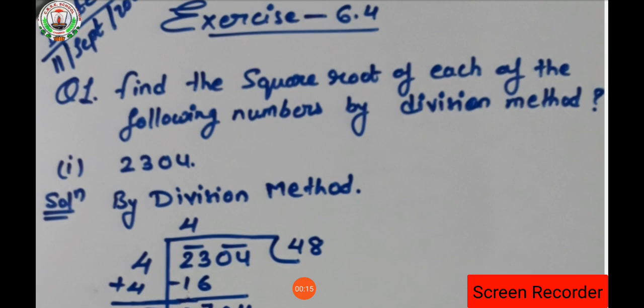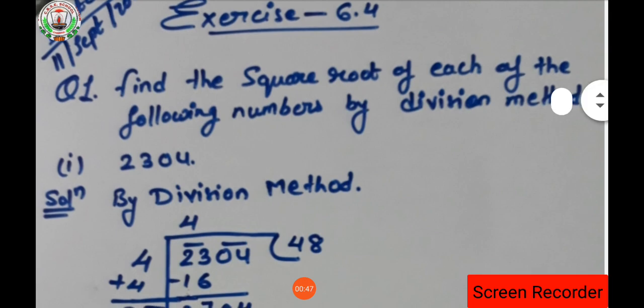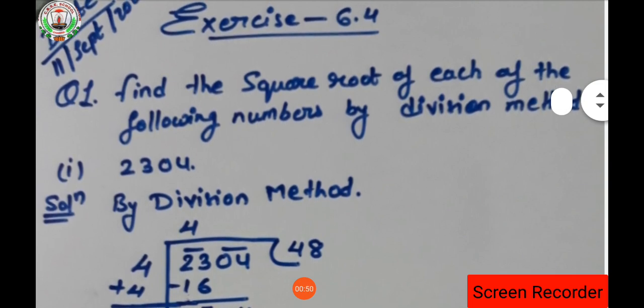Now look at 6.4. As I had explained in the previous video, the long division method is used to find the square root, whereas in the last video we were also doing the column method and the diagonal method. Why are the column and diagonal methods used? These two methods are used to find the squares of numbers. So here in this 6.4 exercise we are going to see how to use the long division method. Clear? So, the first question. What does the first question say?